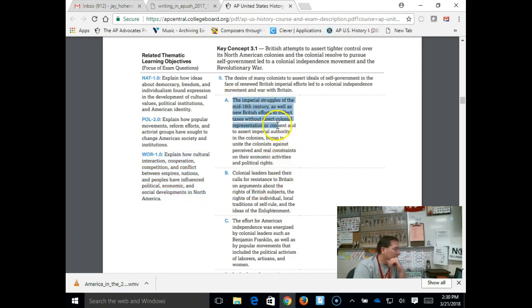So number one, America is going to try to resist taxation, and you see in the middle of this bunch it says the British are going to try to collect taxes without direct colonial representation or consent to British authority. This is your taxation without representation. So they're alerting you to the idea you need to be able to talk intelligently about what that looks like. For you guys then, our key is that every one of your competitors are going to be able to run through the idea that taxes made colonists mad.